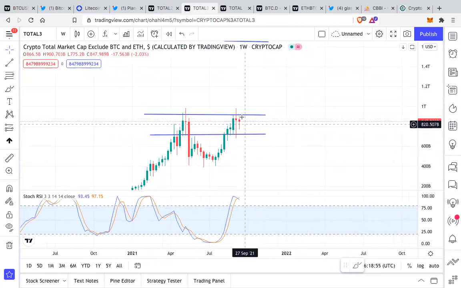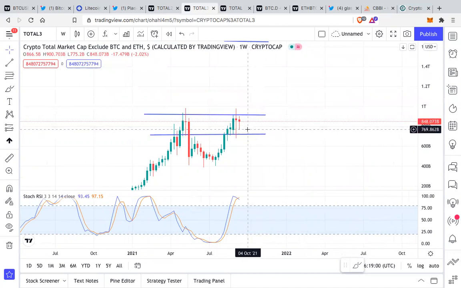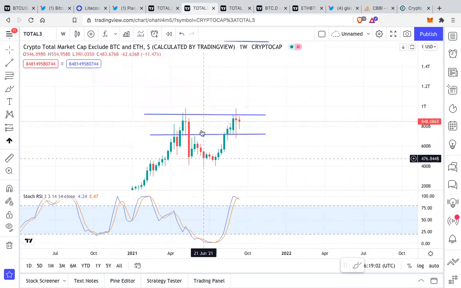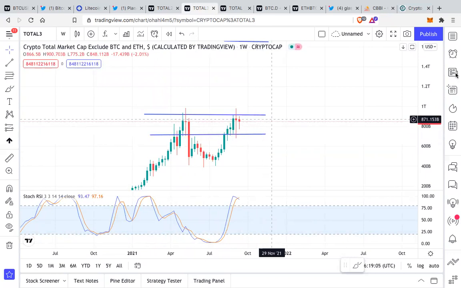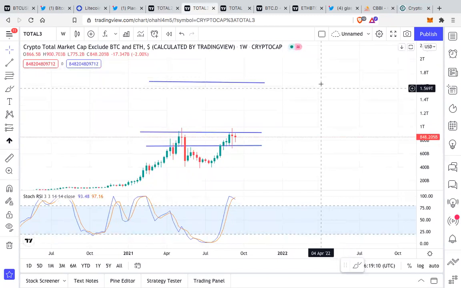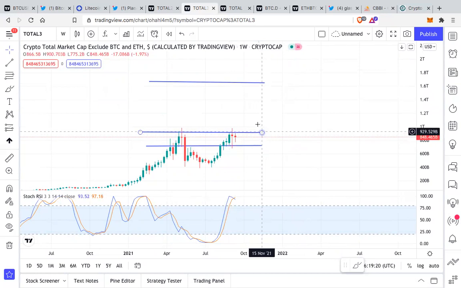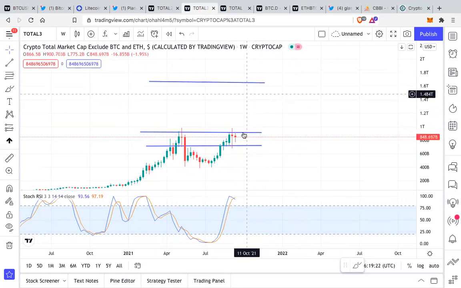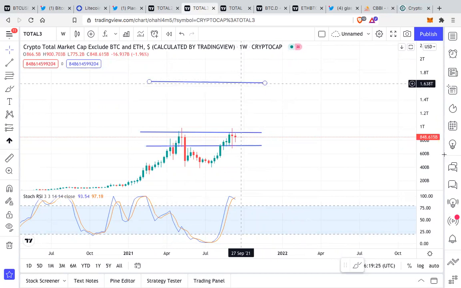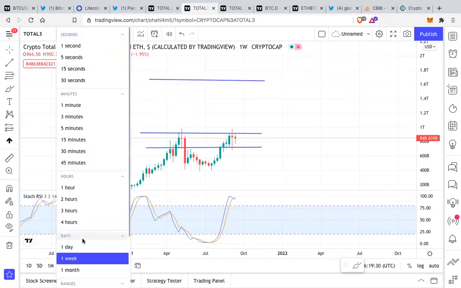If we want to create strong foundations and go to new all-time highs, consolidation is an important aspect of making strong charts, making strong foundations for reaching new heights. So I've already given you that the immediate target for me is $1.64 trillion for the total altcoin market cap, excluding Bitcoin and Ethereum. So I can see us at least 2x from here in the next pump up. So this again to me looks very bullish.